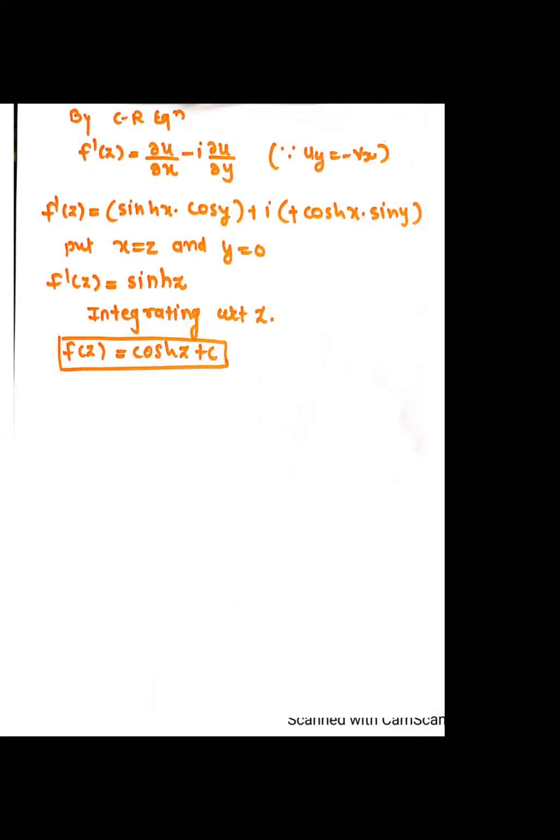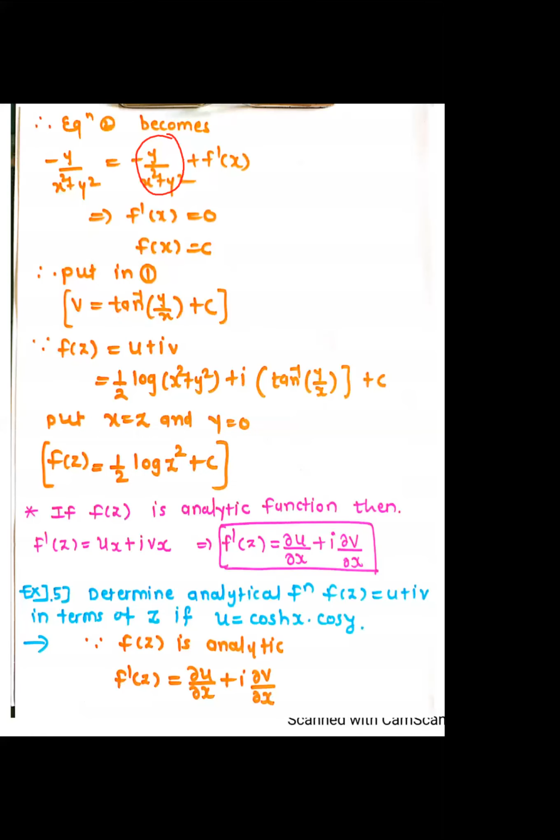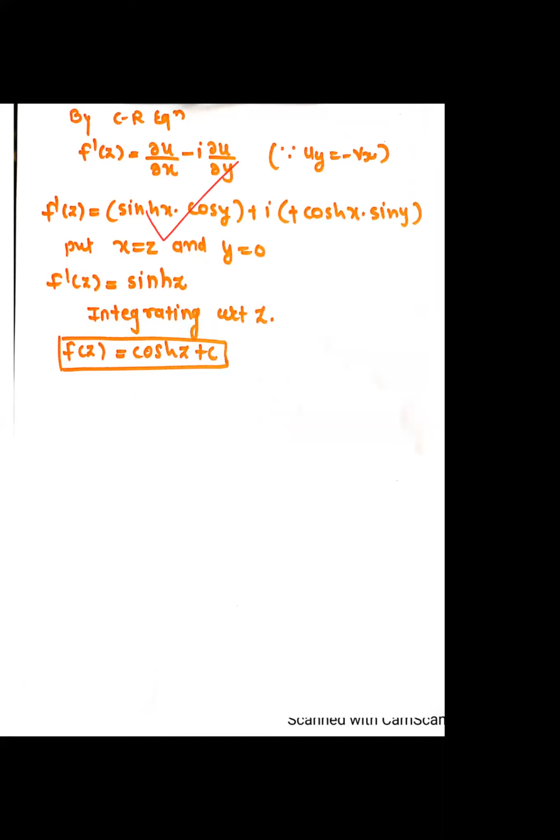Here we have just differentiated u with respect to x. See the function u. What will be its derivative with respect to x? Cosh x, its derivative is sinh x. For hyperbolic, cosh चा होतो sinh, sinh चा होतो cosh. There is no plus minus for the derivative. So as we are differentiating u with respect to x, cosh x will be sinh x, into cos y as it is. बघा इथे मग तसंच ठेवलं मी, sinh x into cos y as it is.